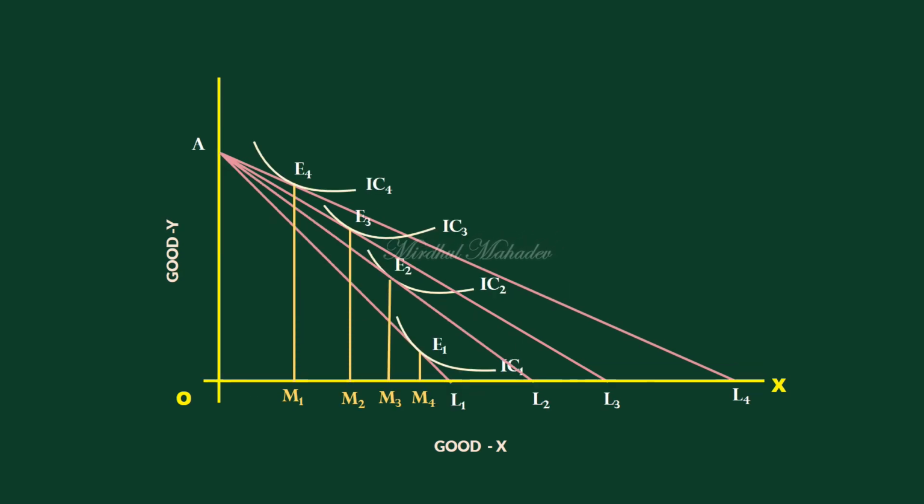Look at this graph. PCC slopes upwards from right to left. To begin with, the consumer buys M4 units. With fall in the price, the other price lines are formed. As the price falls, the consumer buys less and less quantity of good X, that is M3, M2 and M1 units. Here, good X is a given good. Thus, the shape of the price consumption curve helps us to identify the type of good that is measured along the X-axis. Choose the correct answer.